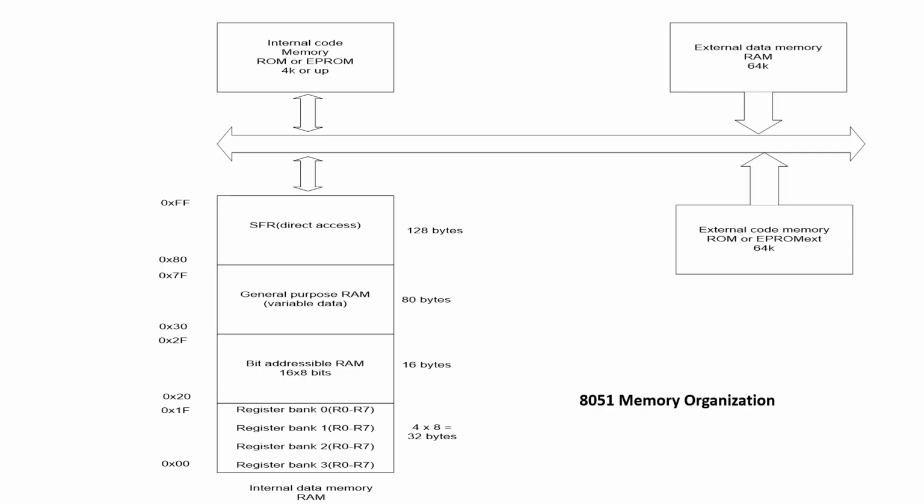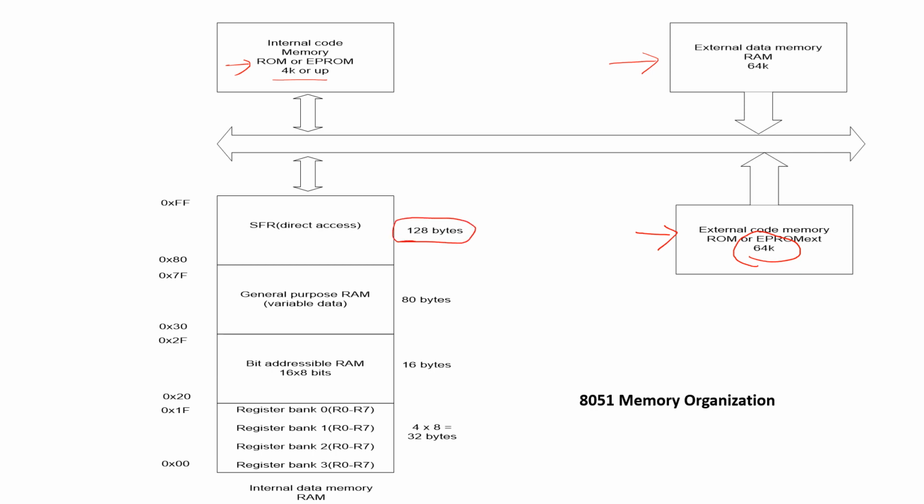The 8051 memory organization is shown in the picture. It comprises internal code memory, which we call internal ROM or EEPROM. 4 kilobytes of ROM is utilized. External data memory can be extended up to 64 kilobytes, and we can connect external code memory or ROM of up to 64 kilobytes. And when we talk about the internal data memory, that is the internal RAM, it is a total of 128 bytes of